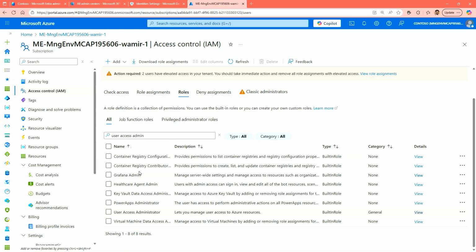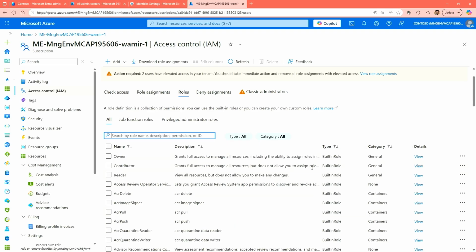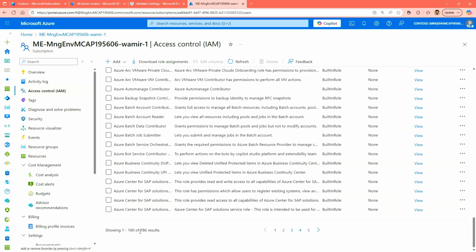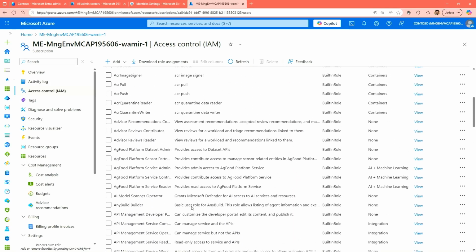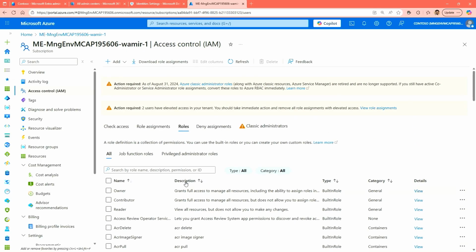Now, apart from looking at your roles and managing different roles, you can also create a custom role if you don't already find a role in the long list of roles that are available in here. Just to show you, scrolling down, this is showing me one page with a few results. There are about 786 results that it can show me. So again, if you don't find one in the lists in here, by all means, you could think of something like a mixture between a few. You can simply come in here and create a custom role if you don't find a role that suits your need.